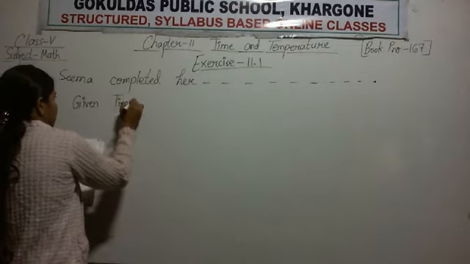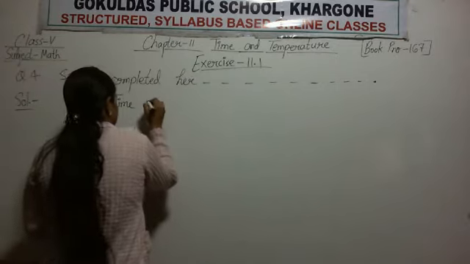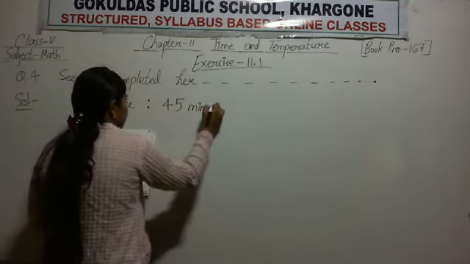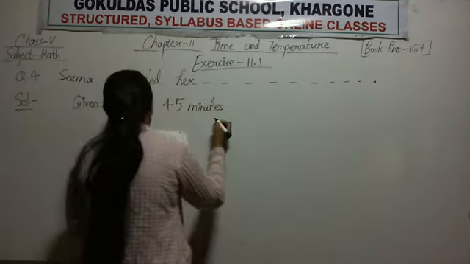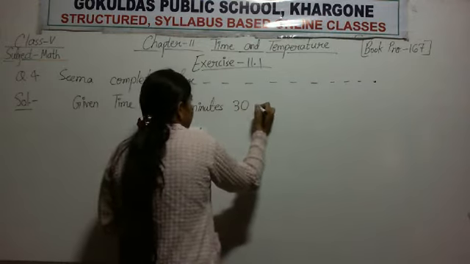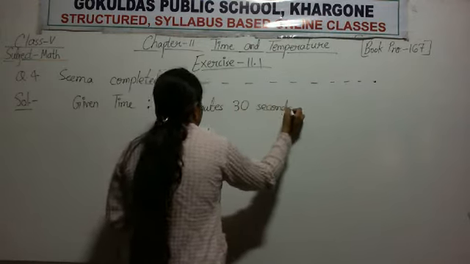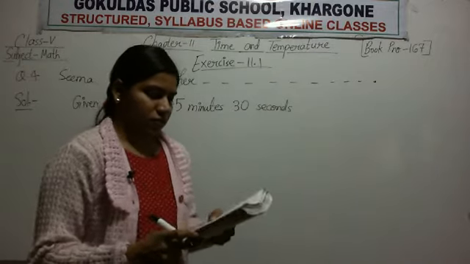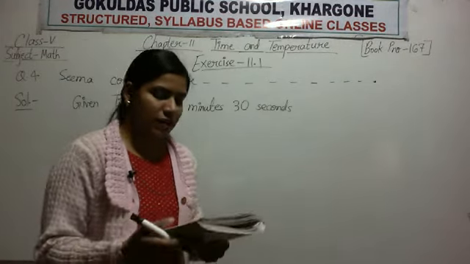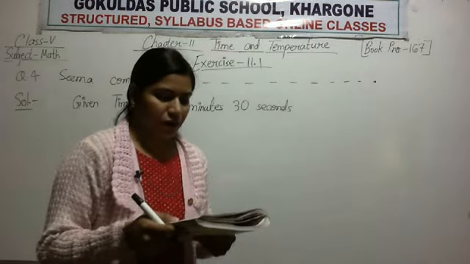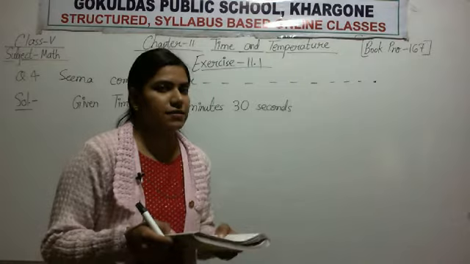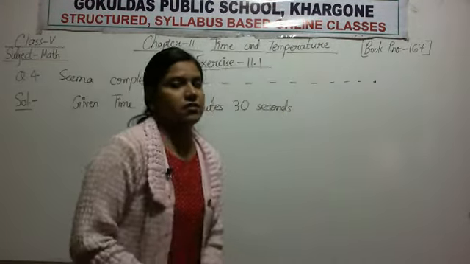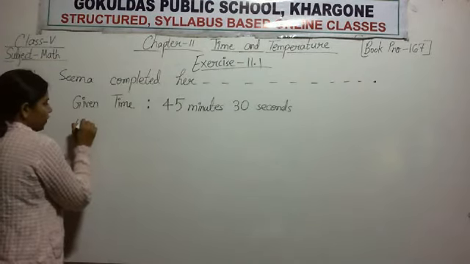Given time. What is given time? 45 minutes 30 seconds. It is our given time. According to question, in the second part of the question, what is written? Express the time for completing her homework in seconds. Means we need to express this time in seconds. So we know that